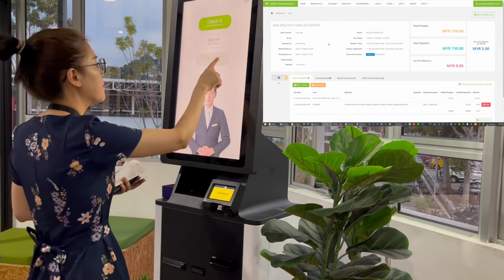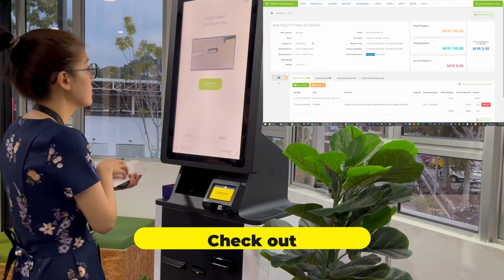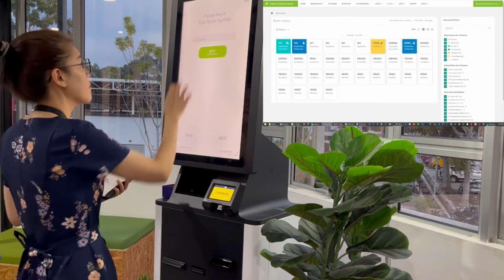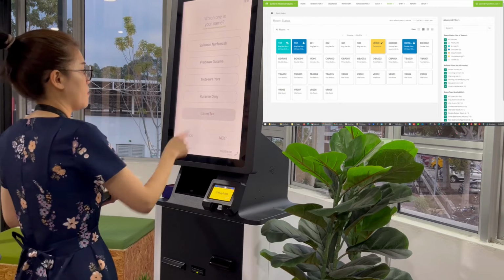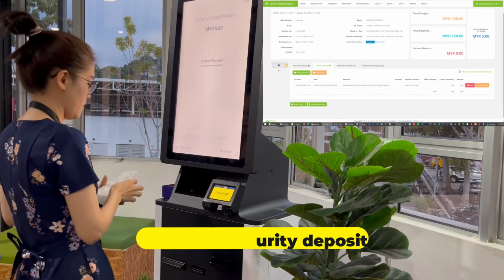Okay, that's Karen again. She's back and now she is trying to check out of her room. So the kiosk will ask for the room number and verify her details, and on the top right-hand side you can see that the PMS identified the room as occupied, but right after the checkout it will be marked